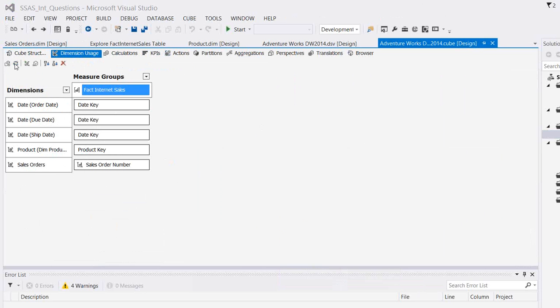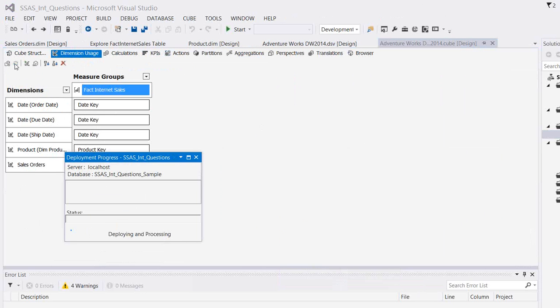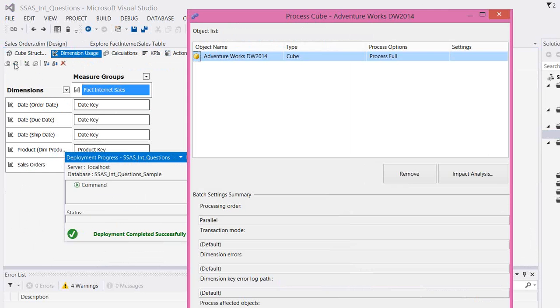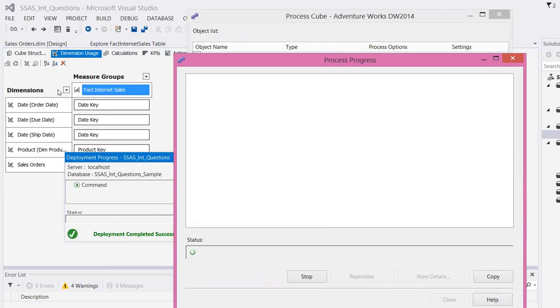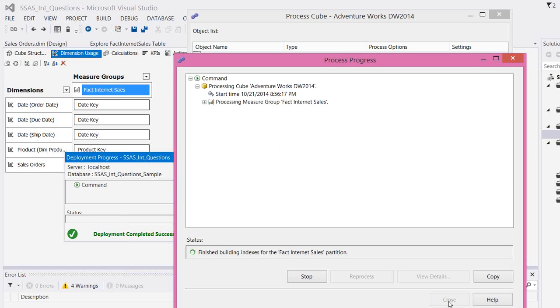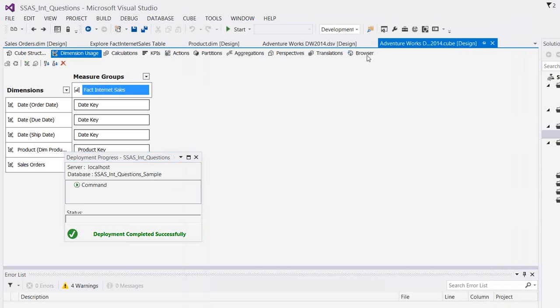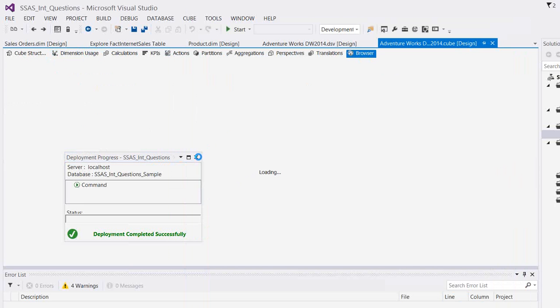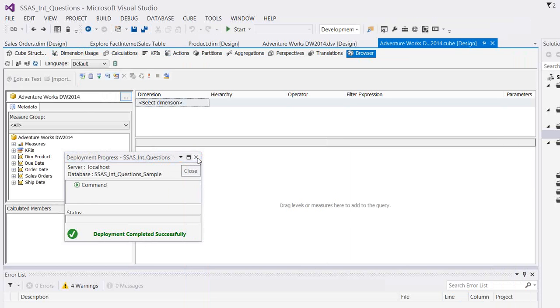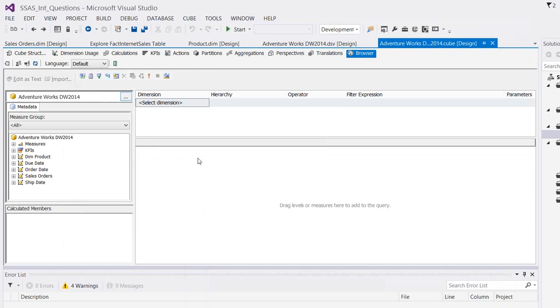So I need to process this cube to make it accessible to the users, the sales order details or sales order information. Let me quickly do that. It's not going to take more time. Okay, this is done. Now the user will be interested in sales order wise sales, because people know that a particular sales order has a good amount of sales. They might be interested in